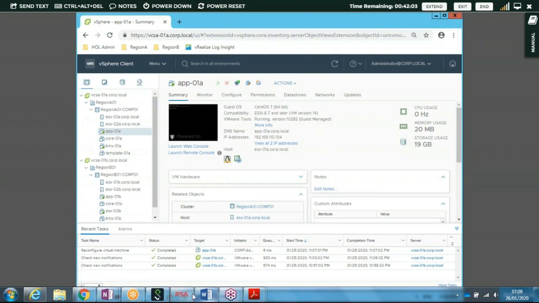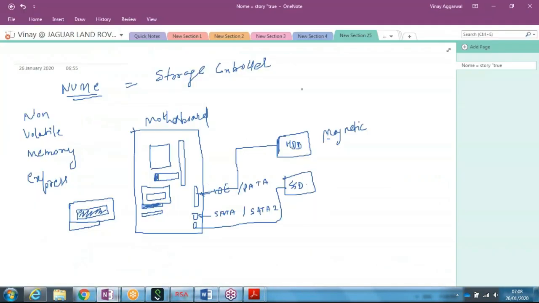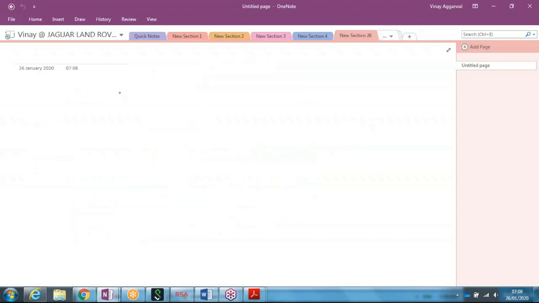Okay, so let's move forward. So this is the NVMe adapter. It's a physical standard, but it has been introduced in the virtual machine, so I can use it in VMs as well. Similarly, I have one more feature which is called RDMA, or we call it PV-RDMA. RDMA stands for Remote Direct Memory